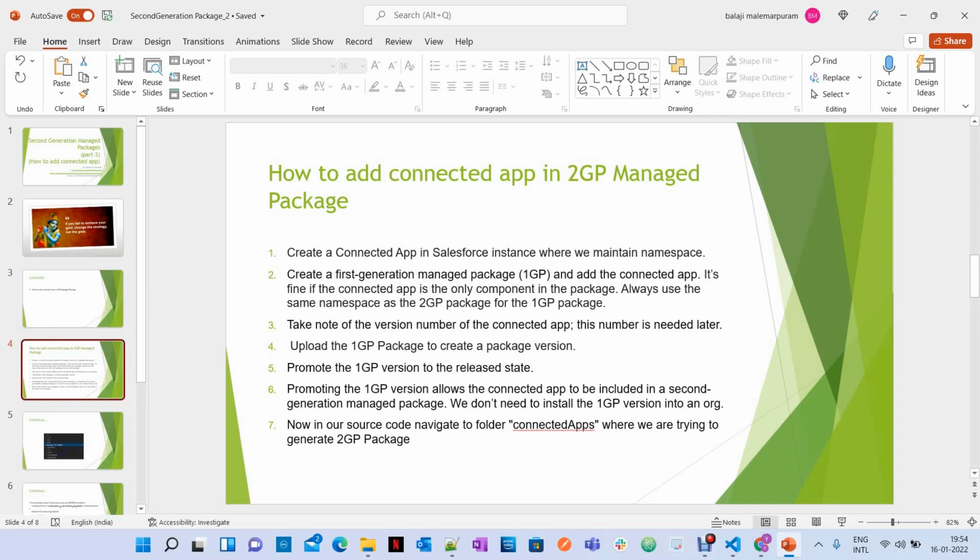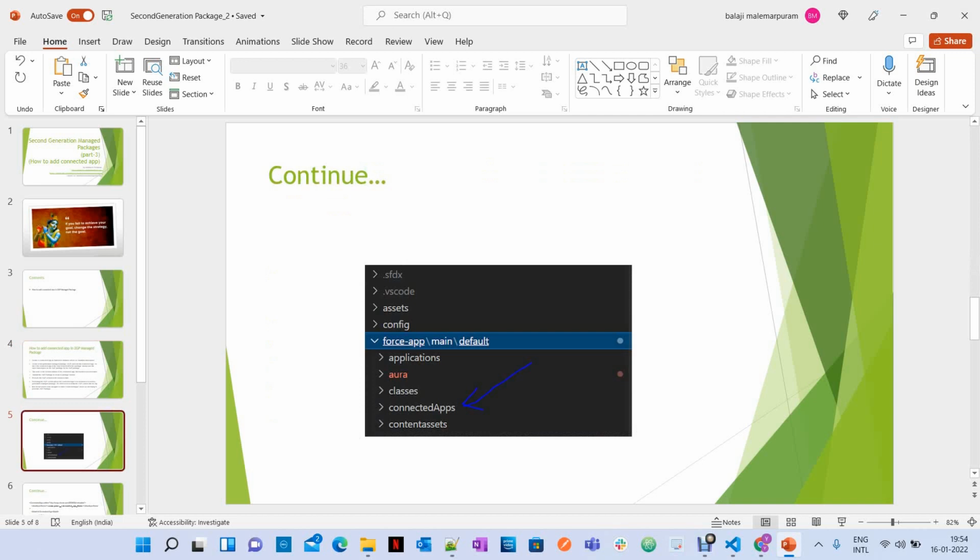Once you release or promote that first generation package, then you have to create a folder called connected apps, if you don't already have that folder in your source, where you are trying to create the second generation package.